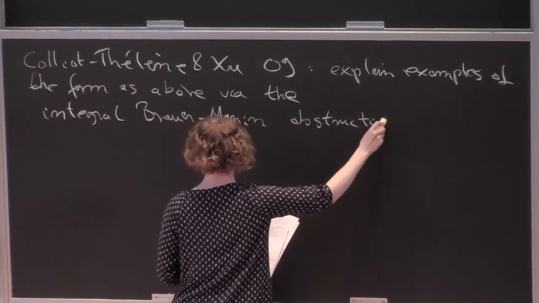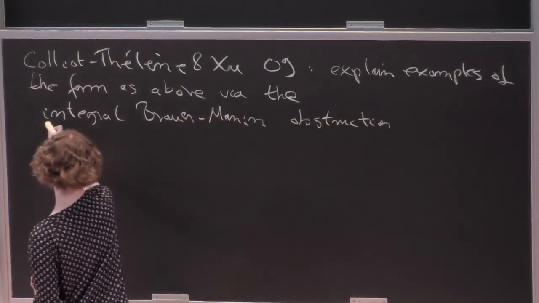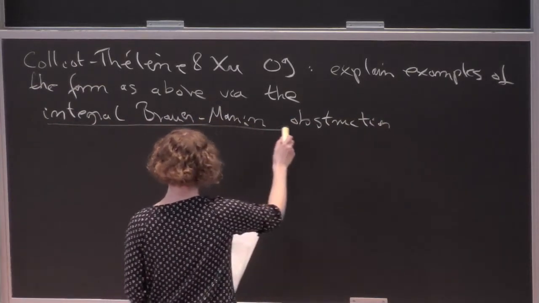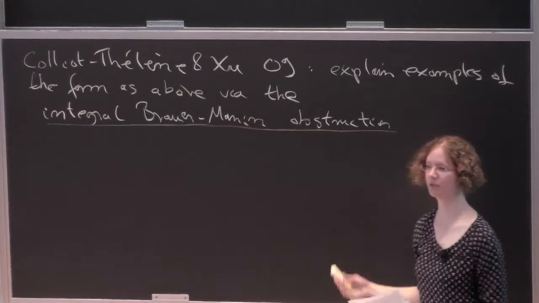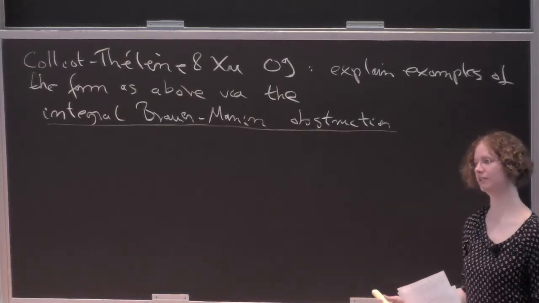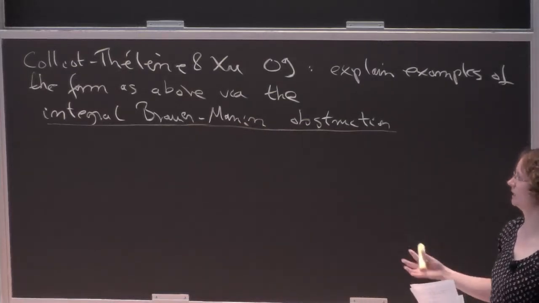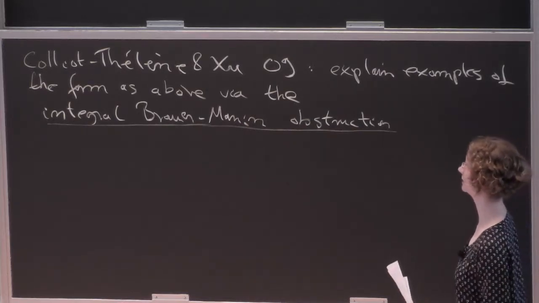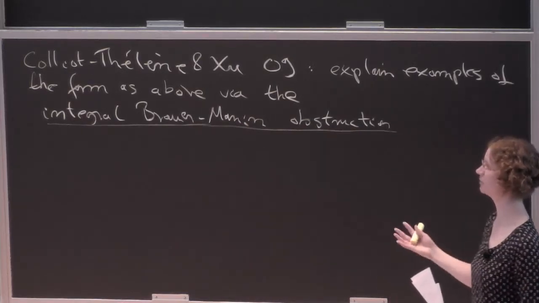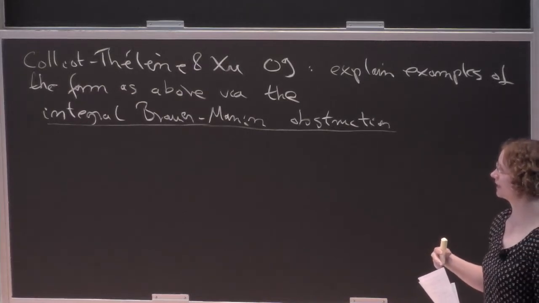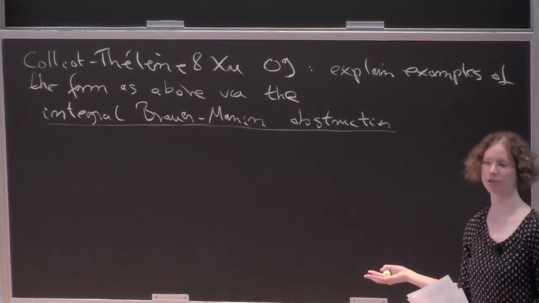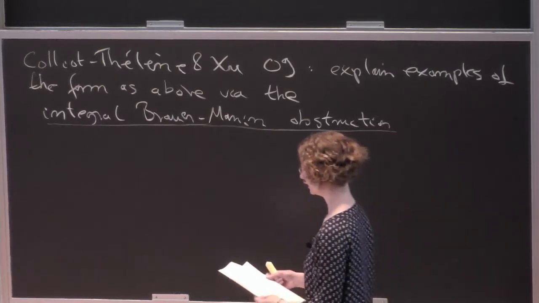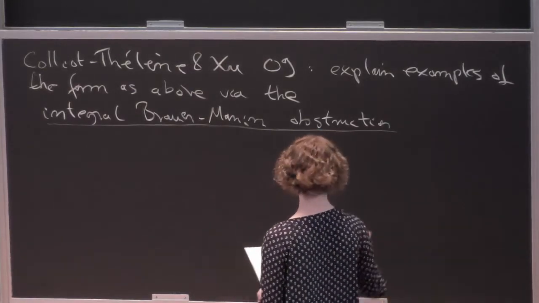So you can have such Brauer-Manin obstructions to the study of rational points, which is much older; it was observed by Manin in the 1970s that many such examples in the literature could be explained by such a formalism called the Brauer-Manin obstruction. The new thing that Colliot-Thélène and Xu observed is that it also creates obstructions to the study of integral points, not just rational points. So let me recall how this works.